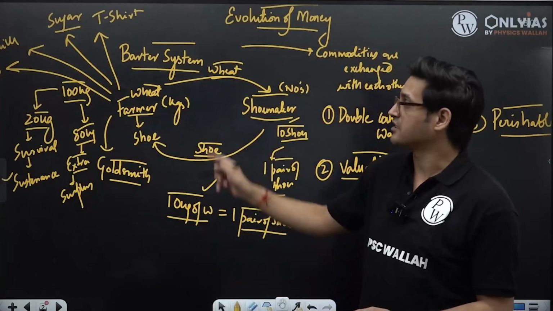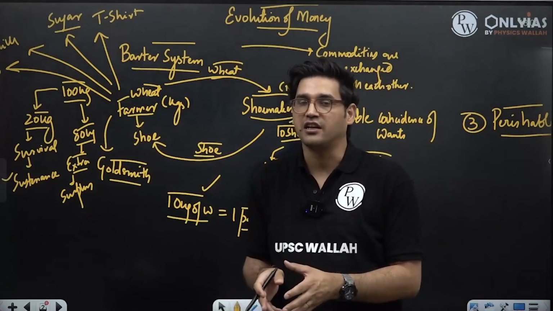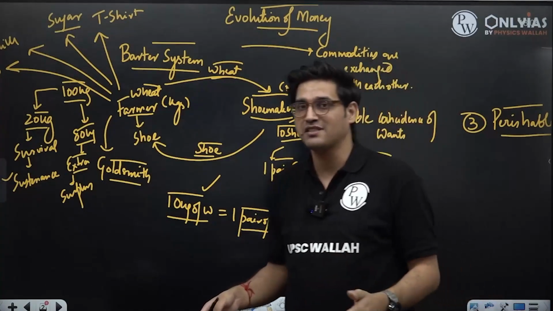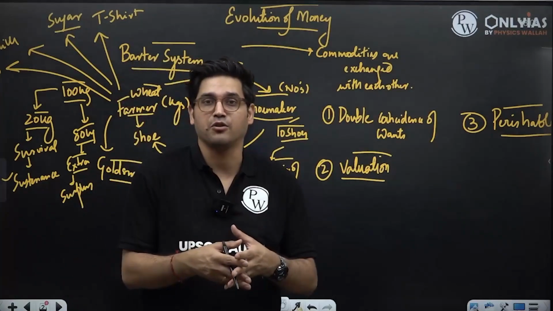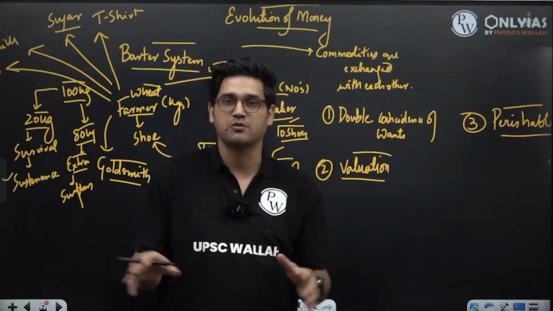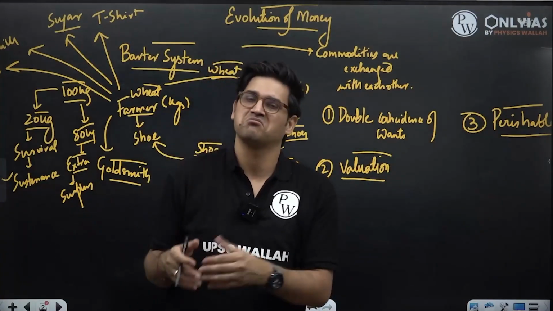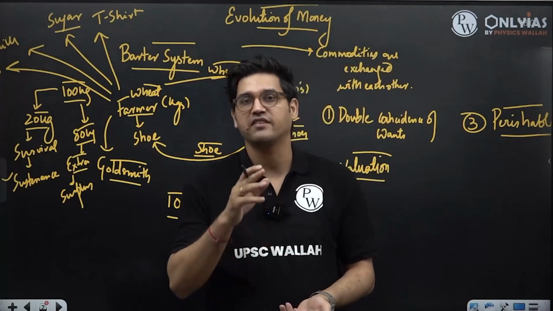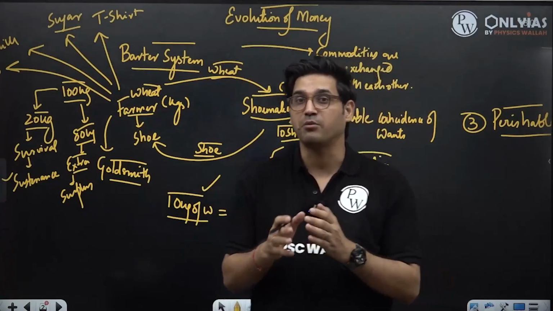But imagine that I'm a wheat farmer. My produce is wheat. So wheat, do you think it's going to last me a month? Yes. Do you think it's going to last me 6 months? Yes, unless there is a problem of rains, or like water has flown into my house and somehow all the wheat gets spoiled. If I manage to keep it dry in a safe space, the wheat is going to survive. It's going to survive 6 months. It's going to survive a year. Do you think it's going to survive me 5 years? That is a big problem.